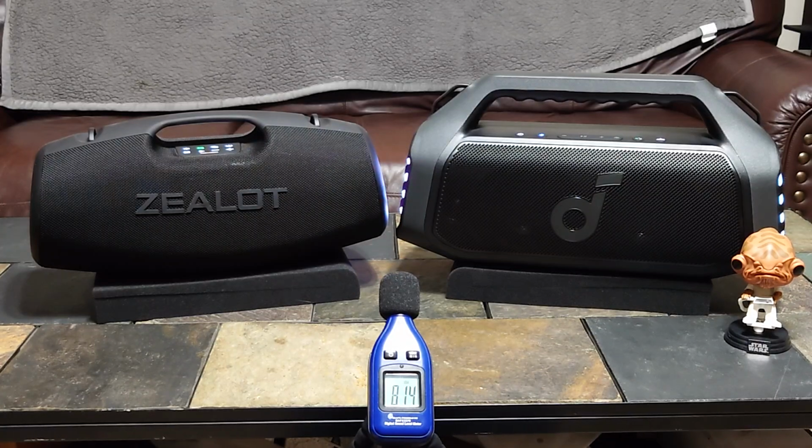Okay, that is the comparison of the two. Now at max volume, even in the bass EQ for the Zealot, which is a little warmer sounding than their other treble based EQ, but their more balanced EQ, even compared with that bass EQ, it still was maybe just a little bit louder than the Soundcore. Now the Soundcore has a warmer sound. If you saw the first video I did, where I was running in this stock EQ, which is Soundcore Signature, it has a warmer sound to it, so I tend to increase the upper mids and highs through their EQ